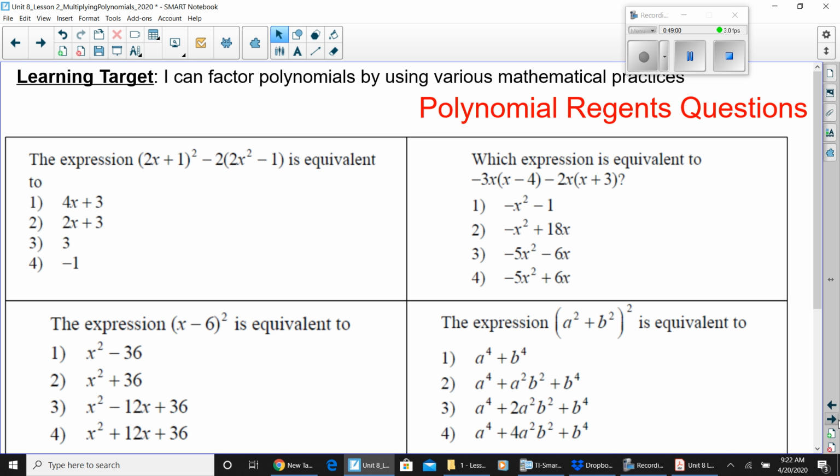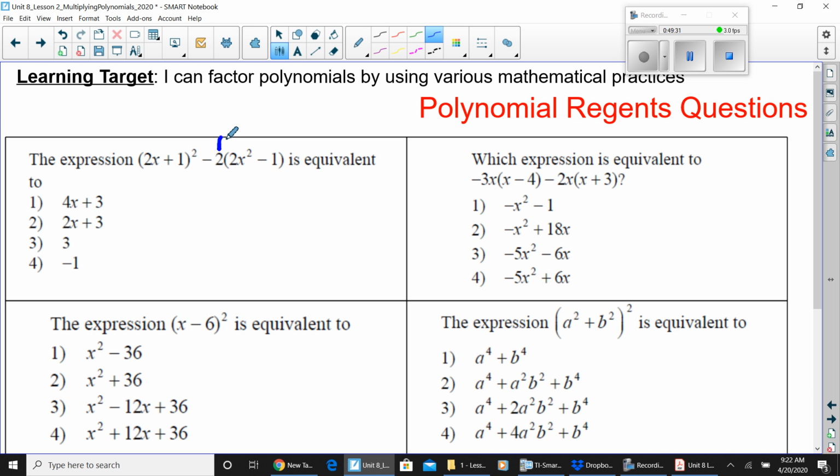All right, these are Regents questions. You should pay attention to Regents questions, because these are the types of questions that you should be able to answer. These are the questions that they ask. So just taking one of them with you. So this expression right here,